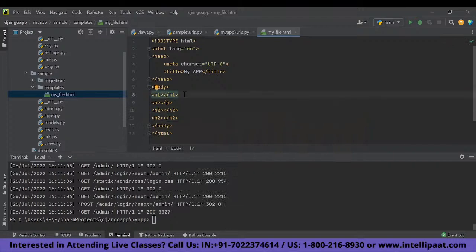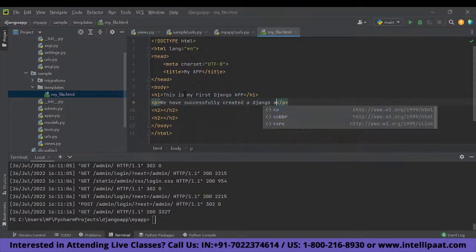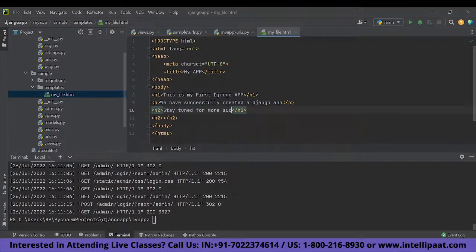Alright, so for h1 we'll be just writing that this is my first Django app. The paragraph I'll be writing as we have successfully created a Django app. And for the H2, stay tuned for more such sessions. And for the other one,